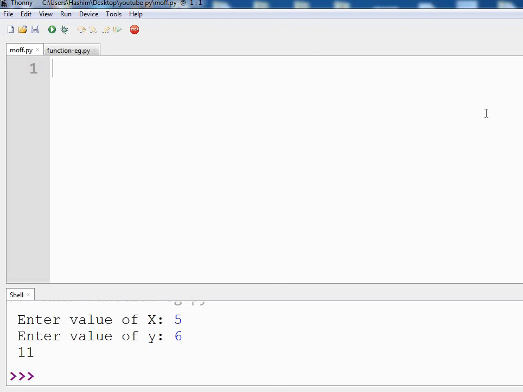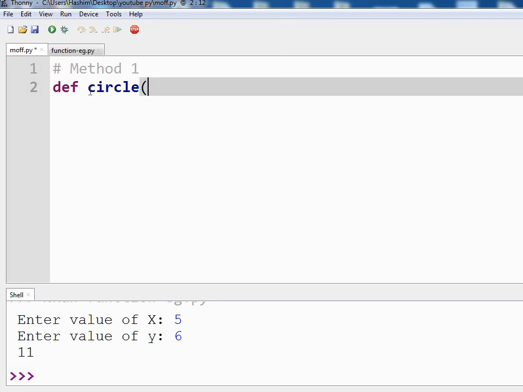So let us begin with typing the program. This is your method 1. Let's write a function. We can give it any name. Since we are calculating the area and circumference of a circle, I am giving the name circle to this function. And we only need radius, that is the only parameter required here.